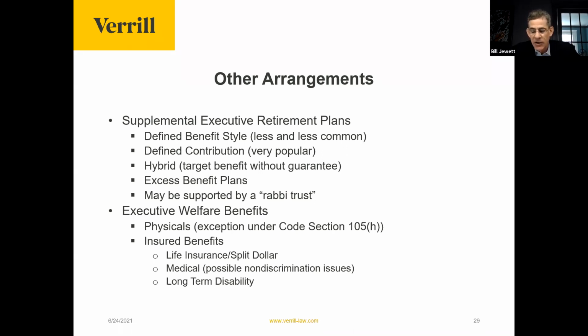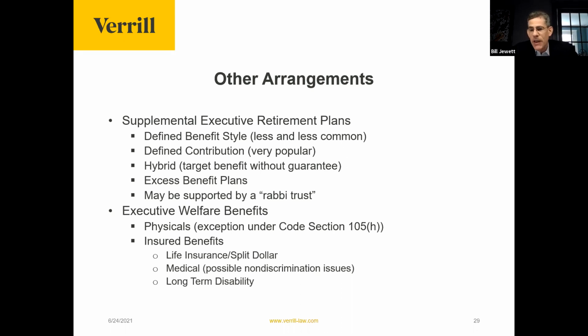Or you could have a combination of these two, a hybrid target benefit SERP, and this might look something like the following. We will credit to an account an amount each year that would be enough to fund that defined benefit that I described earlier, that annuity for life starting at retirement. And when you get to retirement, we're not going to buy you an annuity. We're just going to give you what's in the account in a lump sum or in installments over time. That's a possibility.